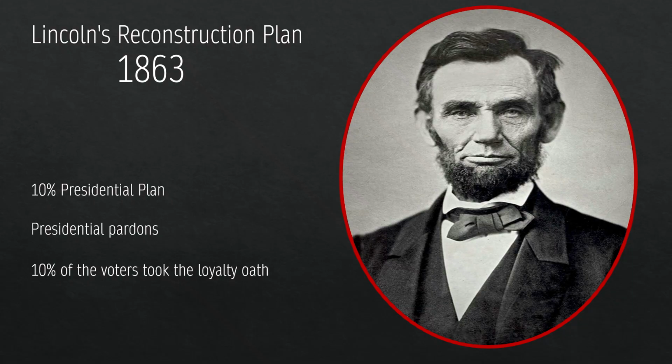They also need to accept the emancipation of the enslaved people. So what he's saying is that once 10% of a state's voters take this oath, pledging their loyalty to the Union, accepting the Constitution, and accepting the emancipation of the slaves, meaning that there won't be any slavery,